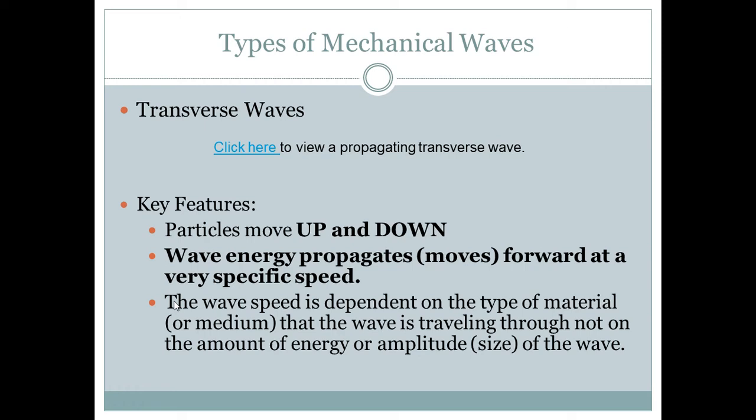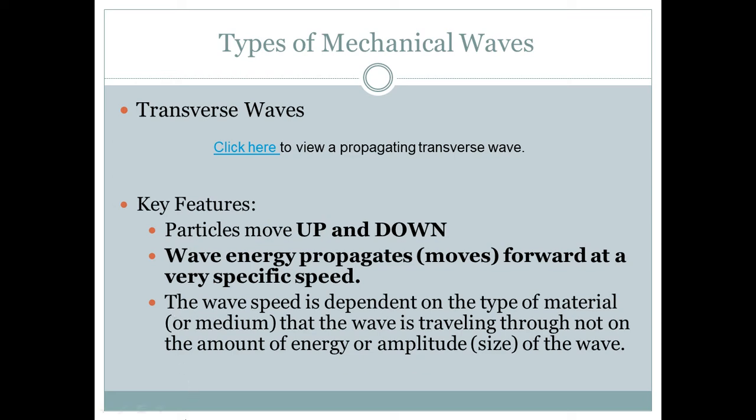A big amplitude is a big wave. Small amplitude, small wave. Turns out it doesn't matter if you have a slinky and you make a huge wave, or if you do a small wave, the wave will travel at the exact same speed through the material, regardless of how much energy you put into it. More energy, more amplitude; less energy, less amplitude; the wave speed stays the same. Maybe flip that sheet over and write this gigantic on your sheet: that the wave speed does not depend on the amplitude or the energy that you put into it.